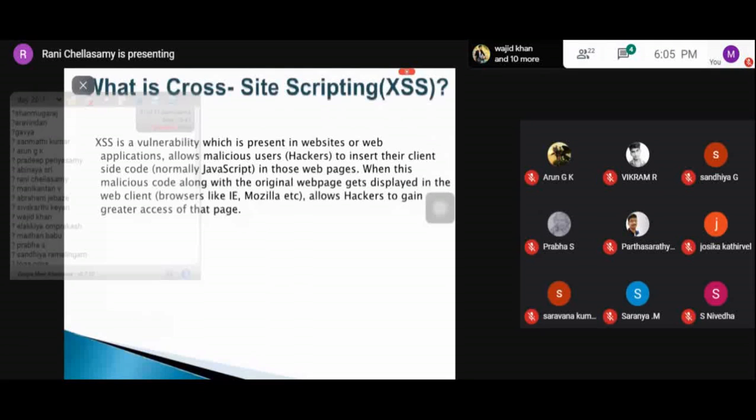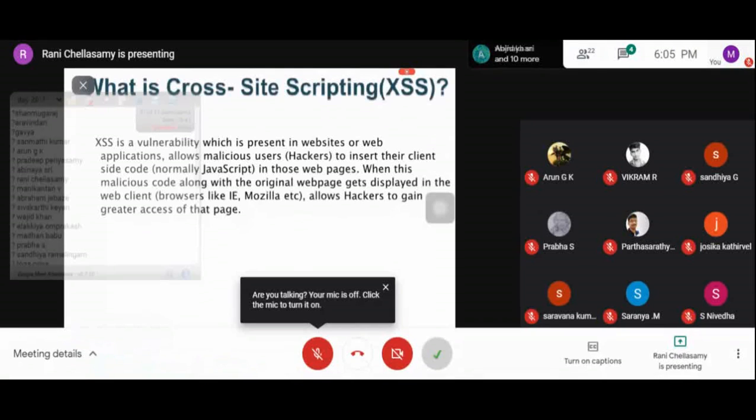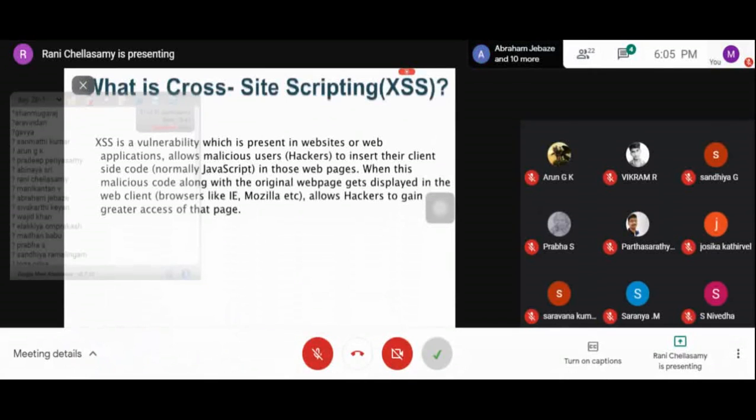Then we'll be seeing the threats possible in web applications. The first one is cross-site scripting attack, then SQL injection, buffer overflow, zero-day attack, directory traversal or forceful browsing, cookie or session poisoning, parameter or form tampering.